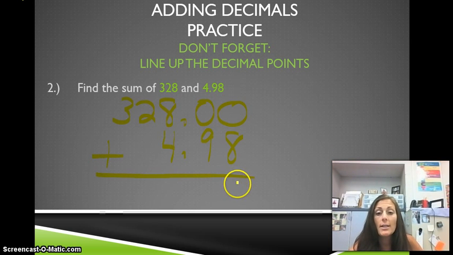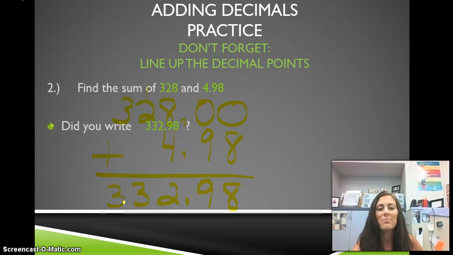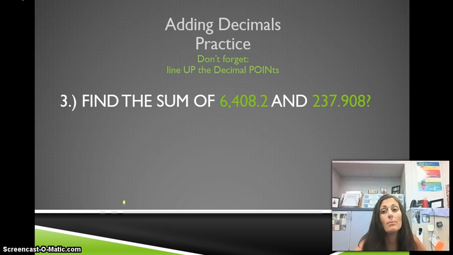So then 0 plus 8 is 8. 9 plus 0 is 9. Bring down my decimal. 8 plus 4 is 12. 2 plus 1 is 3. And then I'm going to bring down my 3. So if you have 332 and 98 hundredths, you are correct. So good job. Our next practice problem is to find the sum, the answer to an addition problem, of